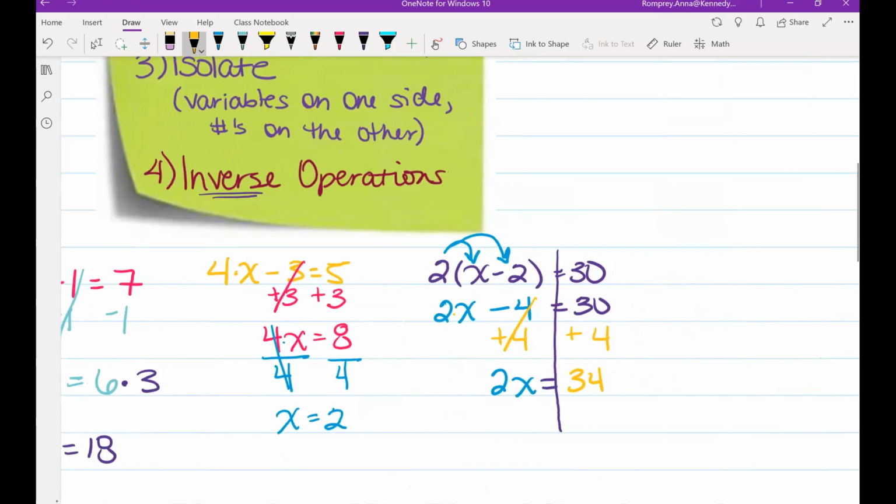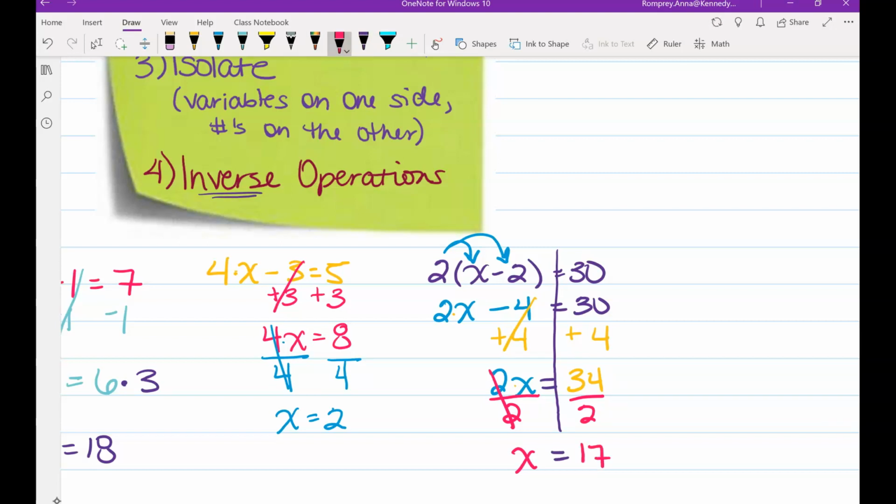And let's see what's last. So again, 2 times x. So to undo a multiplication, we are going to use its inverse and divide. So divide both sides by 2. So x equals